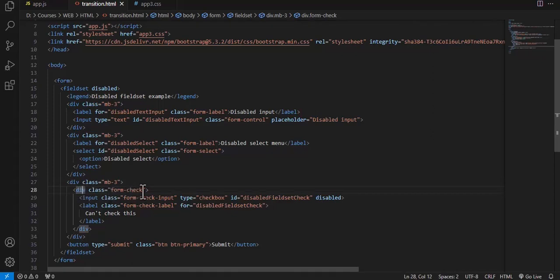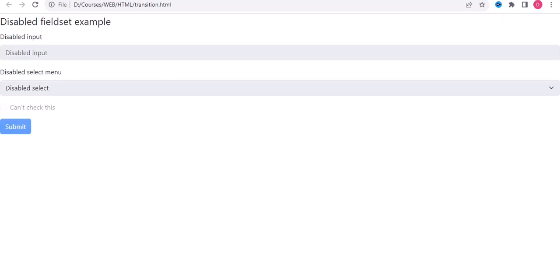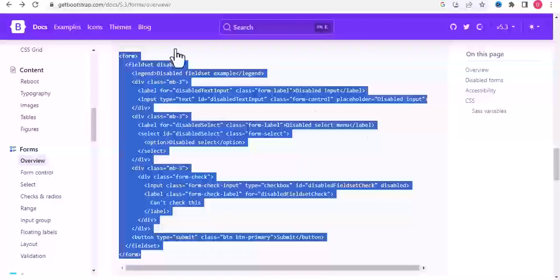Inside it we have taken this form-check. The input type is the check field, so it is also taken as disabled. This fieldset starts from here and ends here, so inside it we have this div. Okay, so let's see